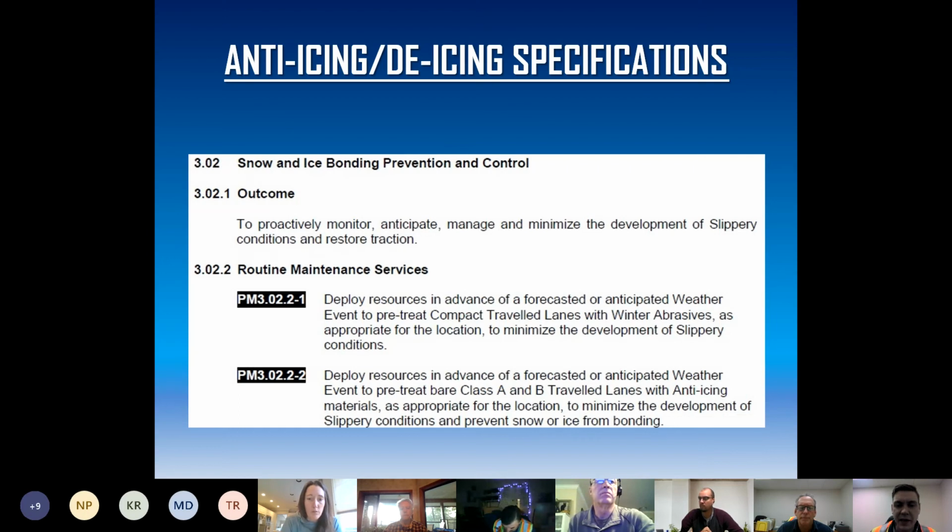Proactively monitor, anticipate, manage, and minimize the development of slippery conditions and restore traction. Deploying resources in advance of forecasted or anticipated weather event to pre-treat compact travel lanes with winter abrasives as appropriate for the location to minimize the development of slippery conditions. Deploy resources in advance of forecasted or anticipated weather event to pre-treat bare Class A and B travel lane highways with anti-icing materials as appropriate for the location to minimize the development of slippery conditions and prevent snow or ice from bonding. So what that means is